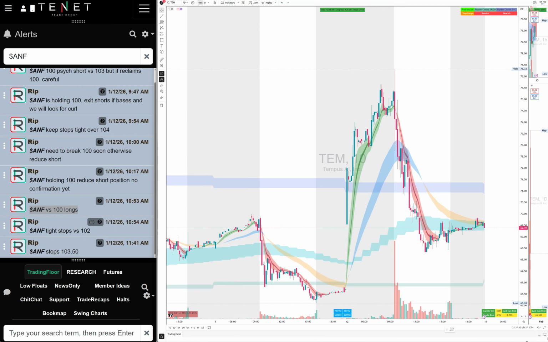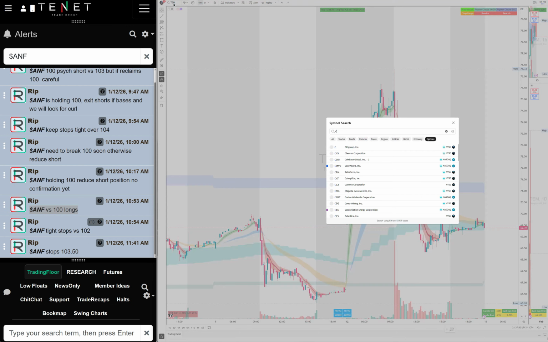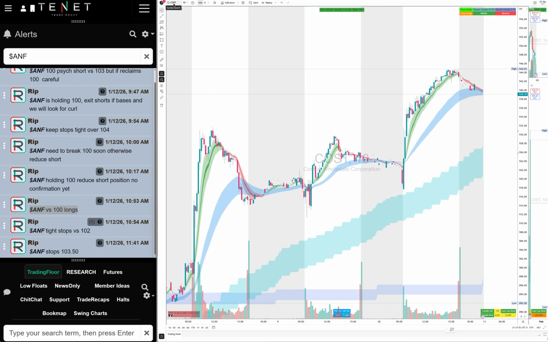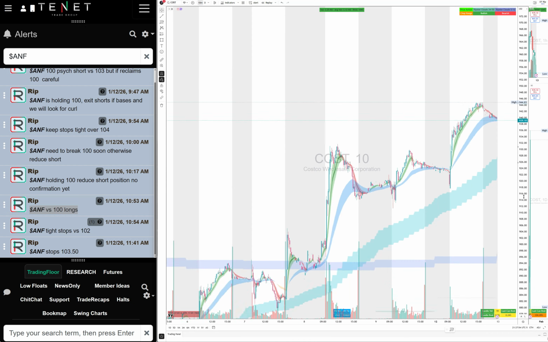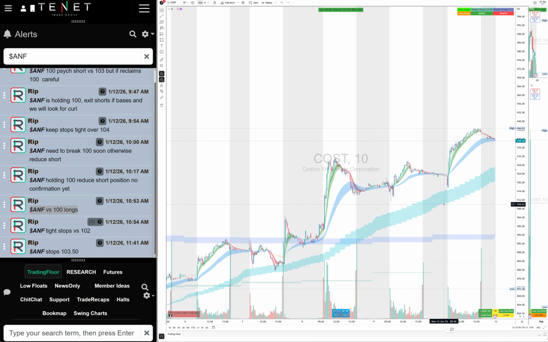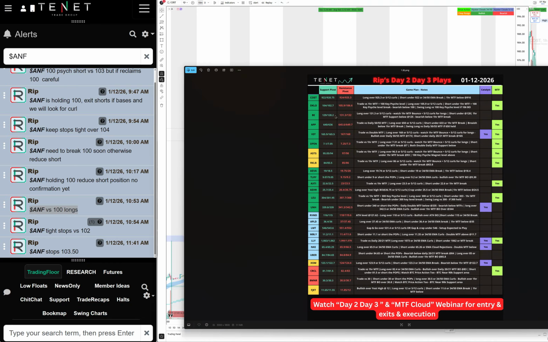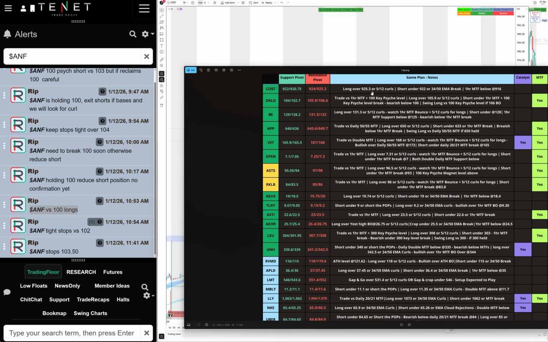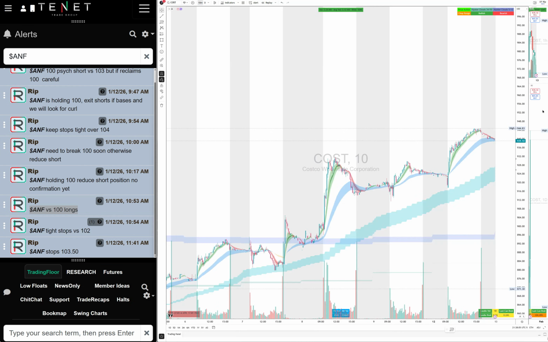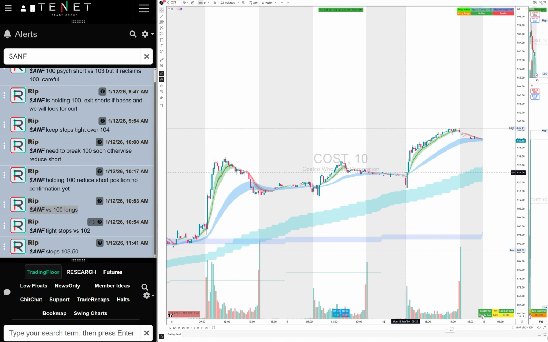Let's take a look at another name which was running all day today. There was Costco. We have been trading Costco for a few days. This was day 3 here. The day 3 plan on Costco was long over 925.30, 512 call, short under that. Once it reclaimed this level, it gets a long, breaks Friday's highs, stays long, breaks Thursday's highs, stays long, and rallied all day. So that was Costco over day 3. That's how you have to watch these names and these setups.